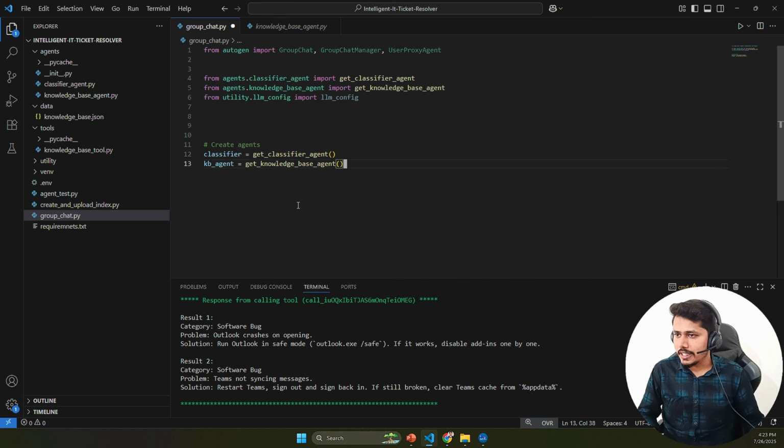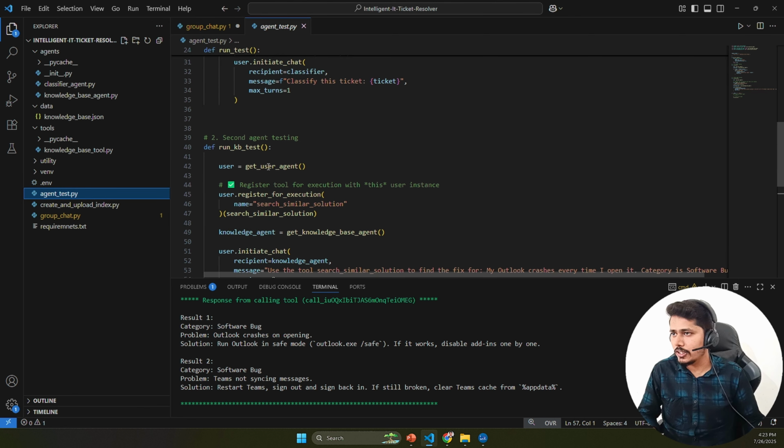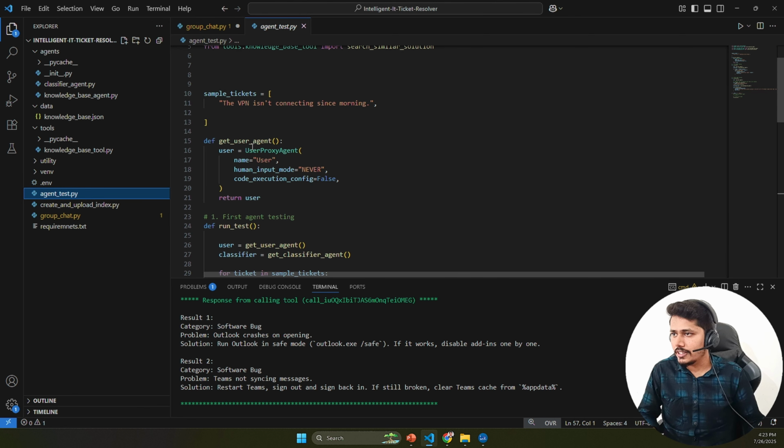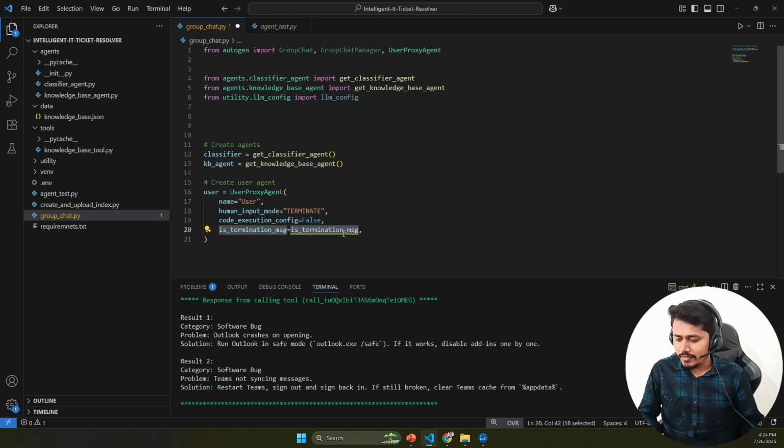Now here we can start a separate user proxy agent. And this user proxy agent, the way we have written this in the agent test.py, similarly, we can call this particular user agent. But now here we'll be adding a group chat functionality. So we need to define all the agents here. agent test.py we have written just in order to test our application, but we are not going to use that anywhere, right? Then is termination message, we need to define the logic for it,